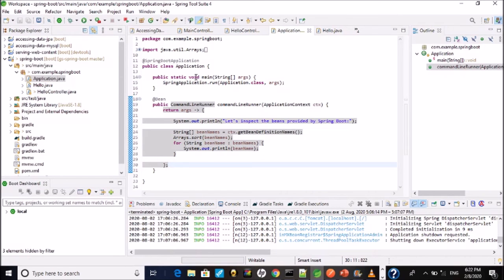We have a static main method here. This is the Application class, which has the static main that we are going to run. While running this, the Spring Boot application starts. Automatically the framework code will configure all the beans, load all the beans in the class path and inject them in the required classes, and the appropriate classes and servlet will be available for use.